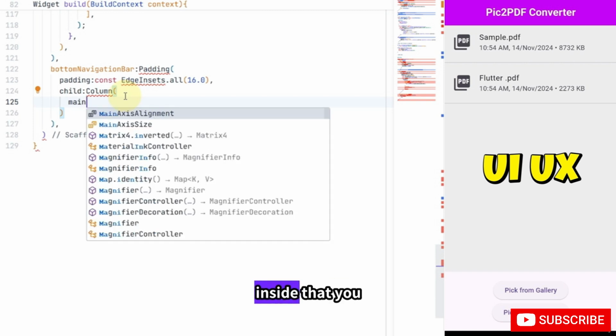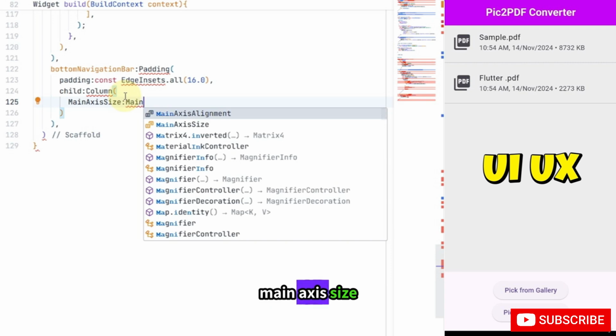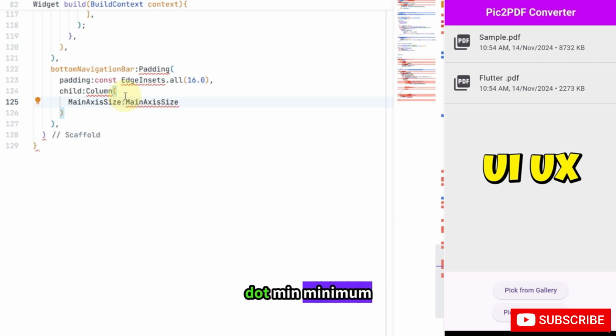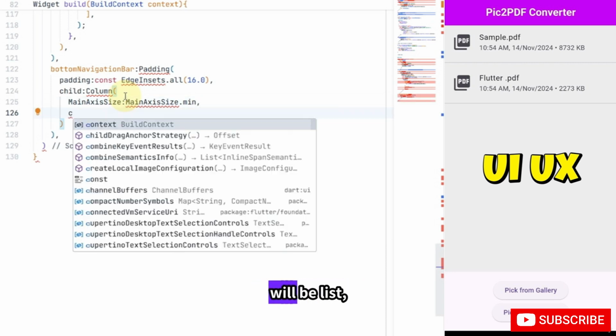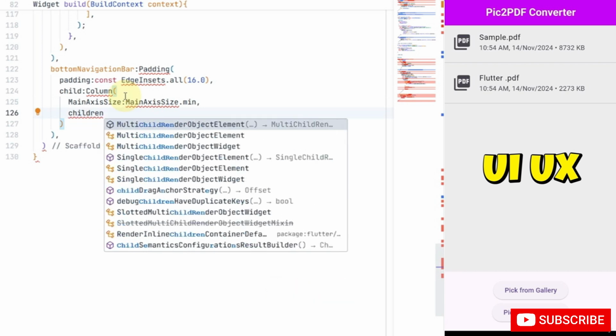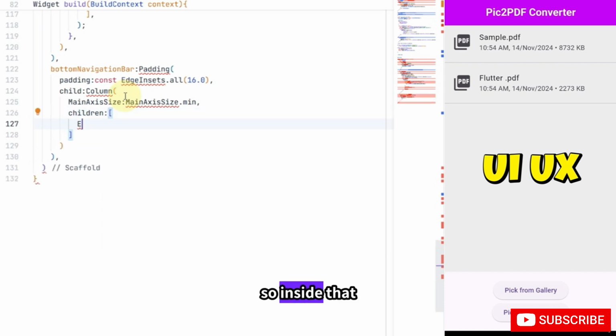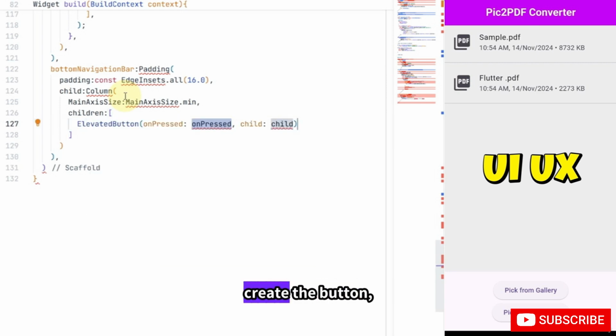of. Inside that you have to type main axis size. You have to provide the size for the bottom navigation, main axis size dot minimum value, and then you have to type children. So the children will be list. So inside that you have to create the button. You have to type elevated button,